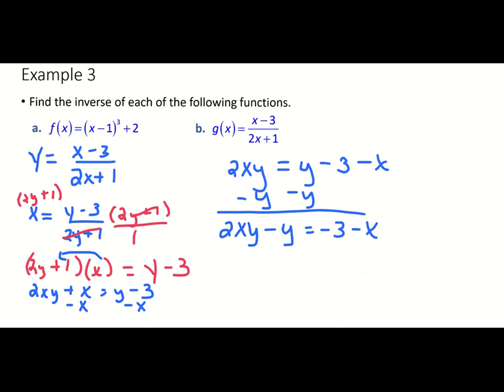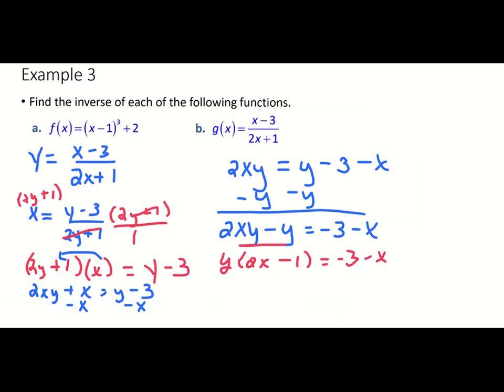Now it's in both terms here, but they're not like terms, so I can't combine them. But I can factor, and that would be my GCF. So I'm going to factor out my y. I'm going to make it y times 2x minus 1,